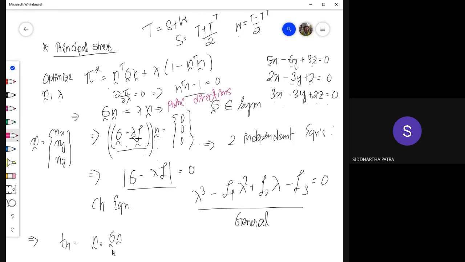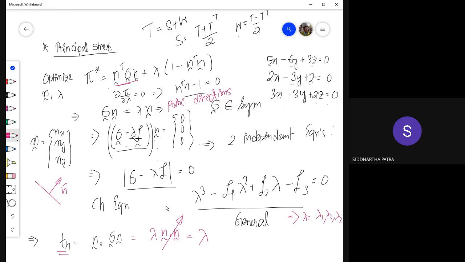Okay, so this quantity essentially becomes lambda times n dot n. Now you see this is a cubic equation, so you get lambda equals lambda 1, lambda 2, lambda 3, three roots, right? So what you see from here is your normal traction. That is the quantity that you are originally trying to optimize. So once you choose a cutting plane normal to a principal direction, the Tn value is actually the Lagrange multiplier,